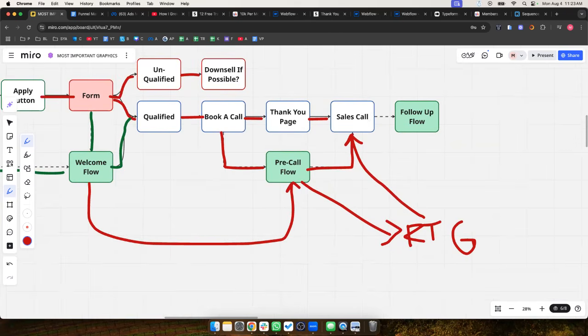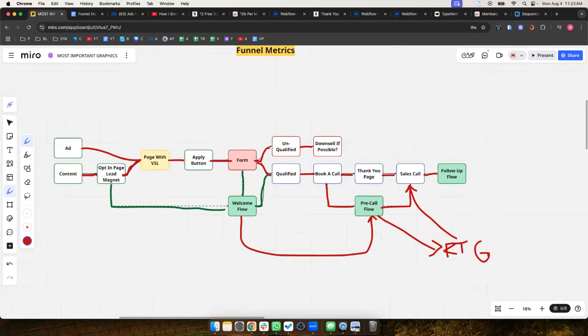With sales calls taking place, 95% or more of people are not going to buy on the call or close within 5 minutes of the call. So then they're going to the follow up process. The follow up process is going to look the exact same as all of these, but it's just going to be a little different. The pre-call process is always going to reference that we have a call coming up. You can use variables to show what date the call is coming. And the follow up is always going to reference the fact that you had a call and how to get started with the next steps, basically. So, this is the funnel.